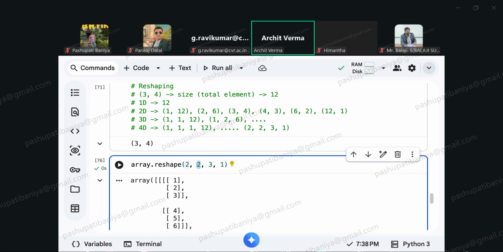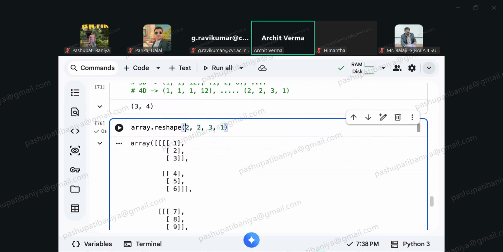Sorry, this 2 means two matrices of 3 rows and 1 column, not 4. Here we have the 3 rows and 1 column. So this means two matrices of 3 rows, 1 column. Next, what does this 2 mean? Actually, this is the next upper dimension. This means we have another two matrices. Each of the matrices contains the next two matrices. Each two matrices contain the inner two matrices, and each matrix is of 3 rows and 1 column, like you